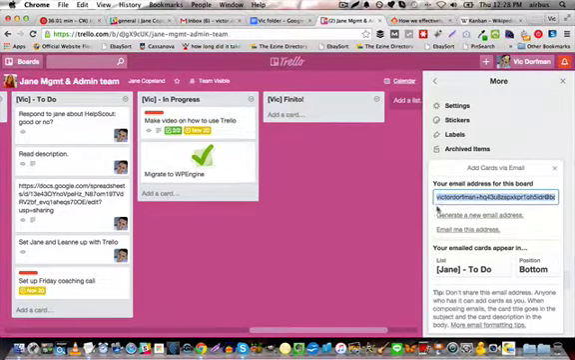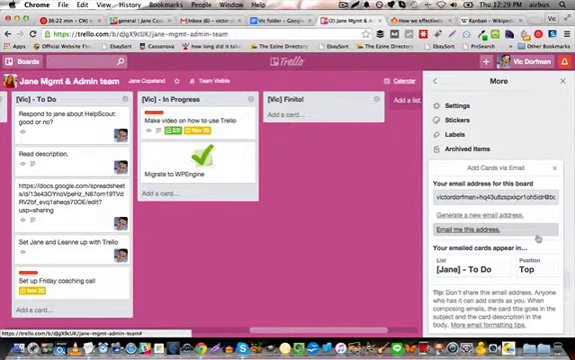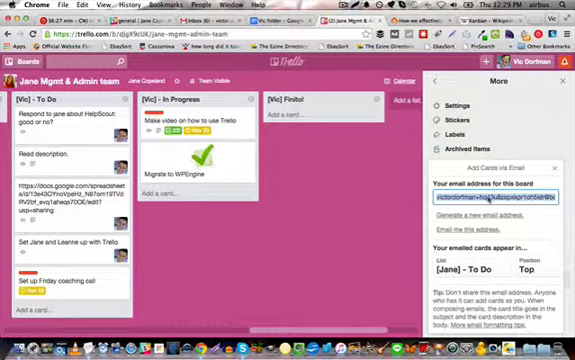So for example, let's say that I want to give Jane a really important task that she needs to do, like send me the login credentials for her hosting company, but she's not on Slack, or you're not on Slack. So what I would do is say your emailed cards appear in Jane, to do, position, top, okay? And then I'm going to copy this,